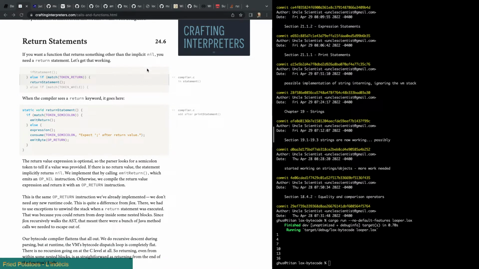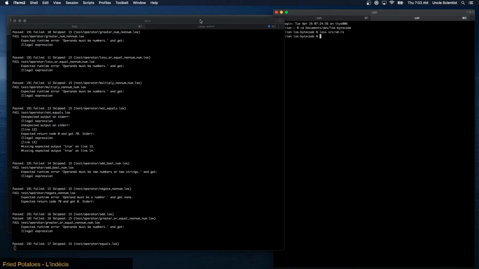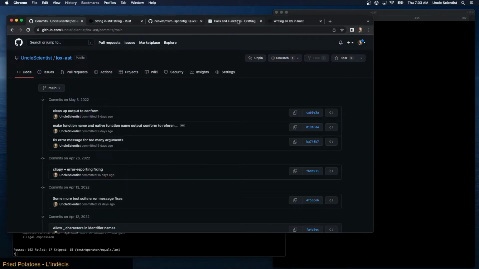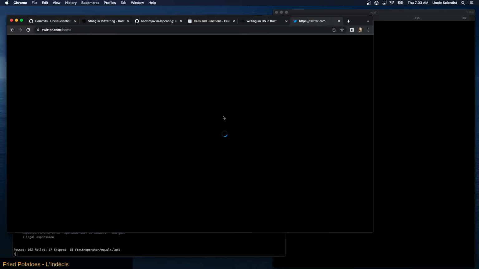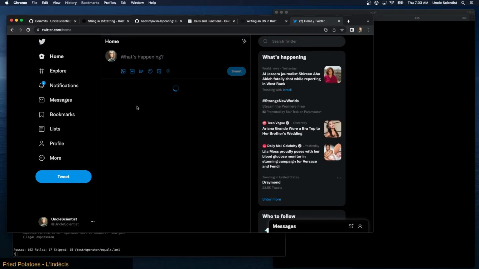But before I do that, I wanted to take a quick peek at something I saw online. I was writing OS in Rust. That's what I want to do next. On my Twitter, let me take a look at that link.